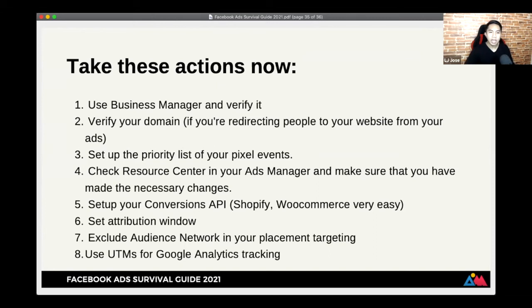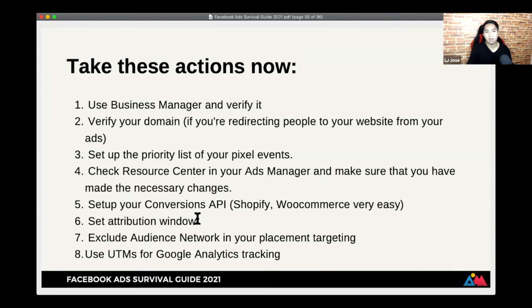Okay. Number 6 is to set the attribution window. Setting the attribution window is done at the ad set level. We suggest that you only use one attribution window, because if you have different campaigns with different attribution windows, it won't report in the summary, and you won't see the summary of the data. So it's best if you just use one attribution window, 7 days click, that's already good. And that's what you use moving forward for all campaigns, so that the total results will display.